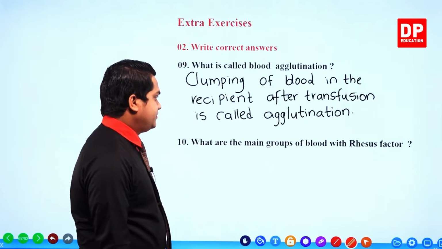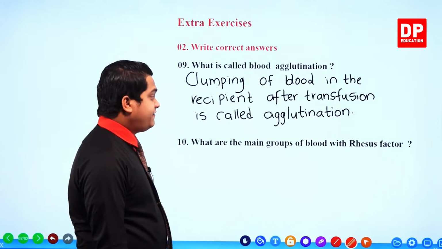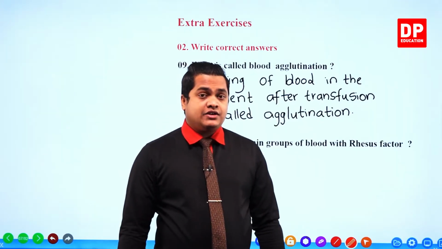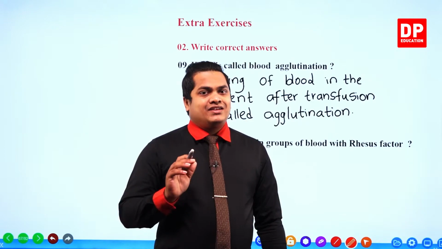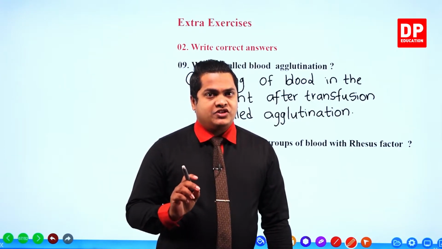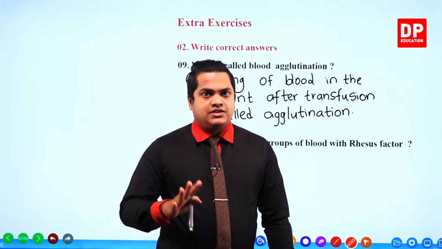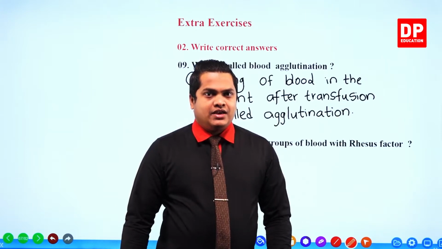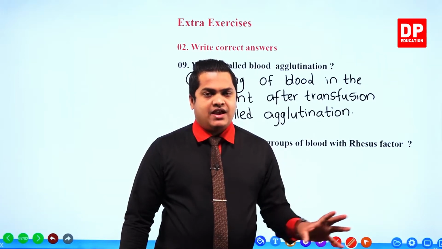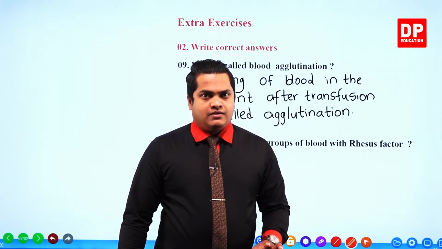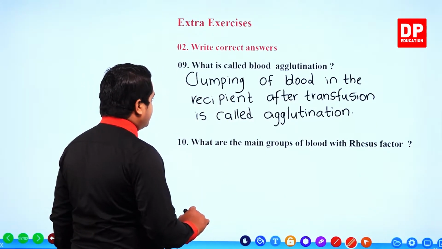Then the next question: what are the main groups of blood with rhesus factor? With rhesus factor you need to divide the main groups of blood. You know that there are some groups which are rhesus positive, and some which are rhesus negative. According to that we can divide each blood group into two parts, rhesus positive and rhesus negative. So that means, my dear children, there are 8 blood groups in total: